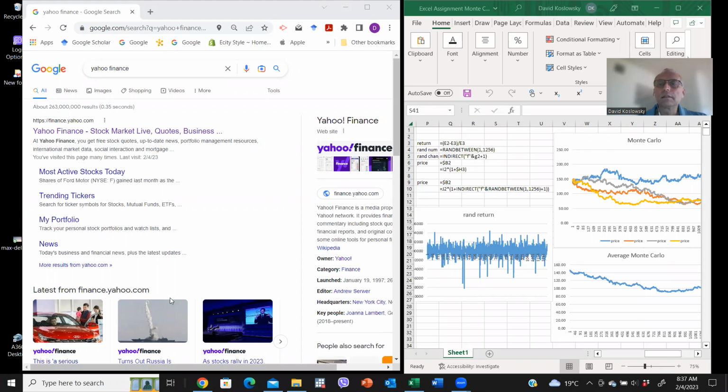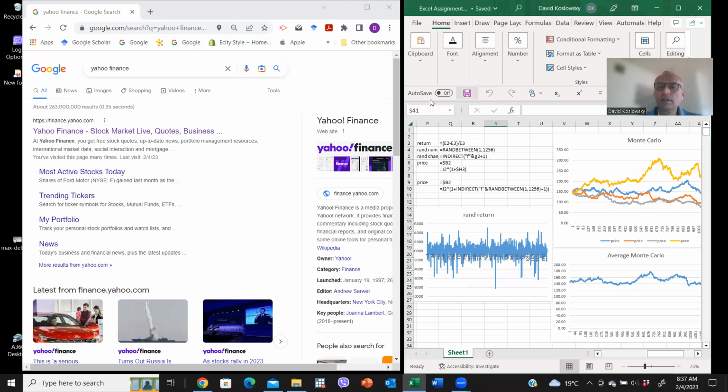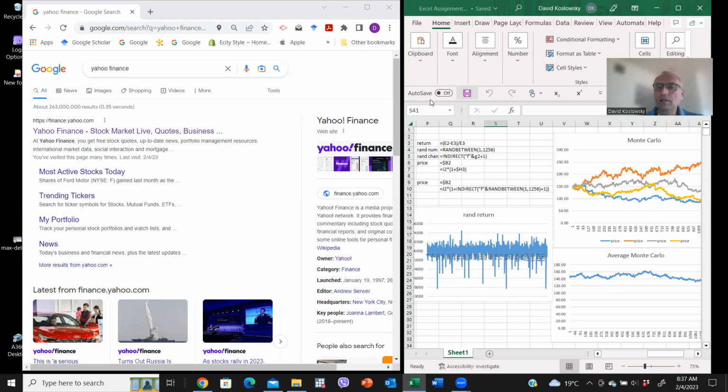Hello. This is a Zoom recording for the Excel assignment to do Monte Carlo. What you should see now on your screen are side-by-side Google and a spreadsheet. When I go to the spreadsheet, whenever I click the Save button, what you see is the Monte Carlo lines